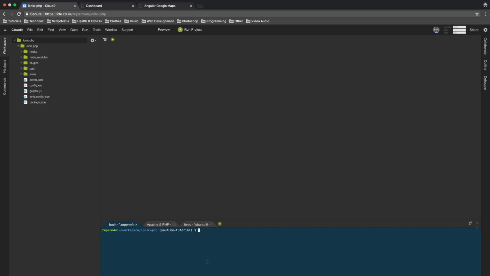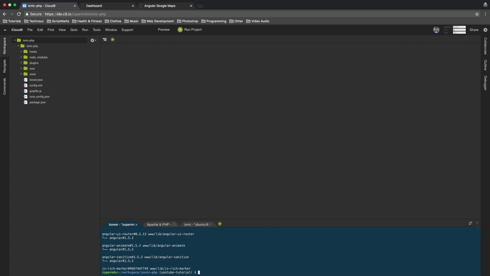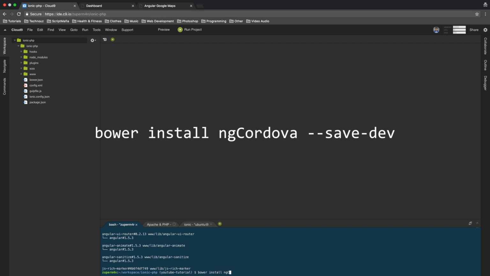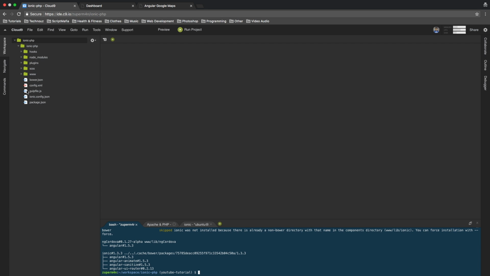First of all, let's install Angular-Google-Maps. To do that, type in bower install angular-google-maps and save it as a development dependency with the flag --save-dev and hit enter. We'll also need ngCordova, so bower install ngCordova with a capital C and again save it as a development dependency. And with those installed, just head over to the www folder and make sure that they're there in